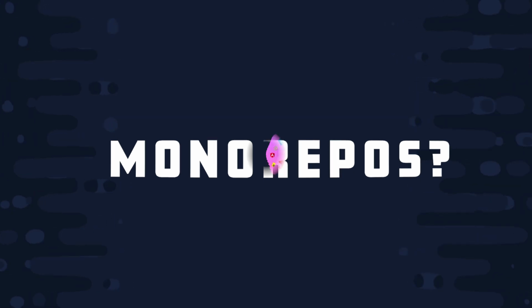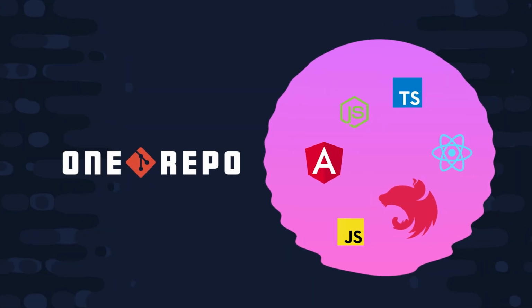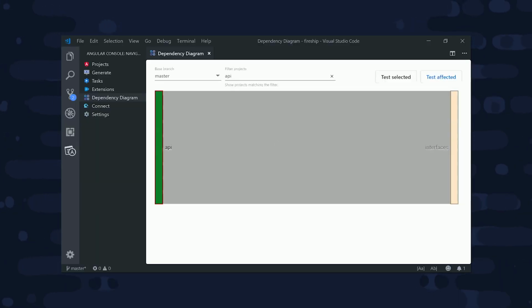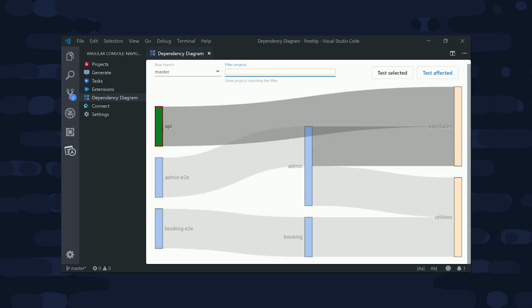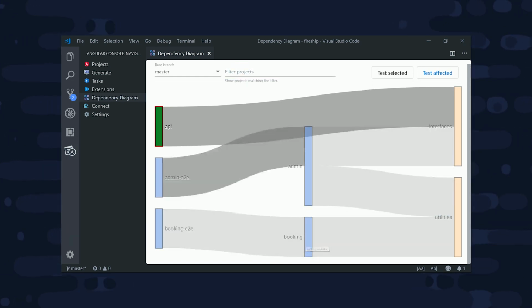Or in other words, use a single Git repository to manage multiple apps and libraries? The simple answer is that this approach helps manage complexity by applying best practices organization-wide. This delivers consistency and predictability in your code, while also maximizing the ability to share code between projects. But you can't just put all of your code in a single repo and expect to reap the benefits. You need the right tooling in place to test, build, and deploy your apps at scale, and that's where NX